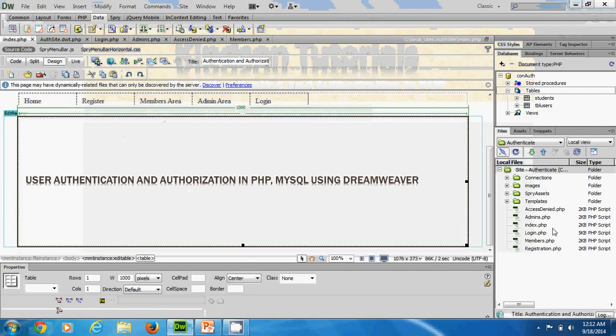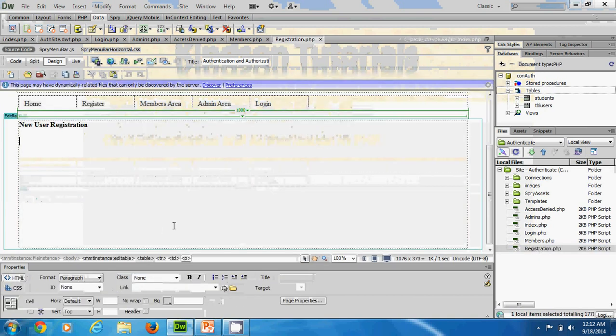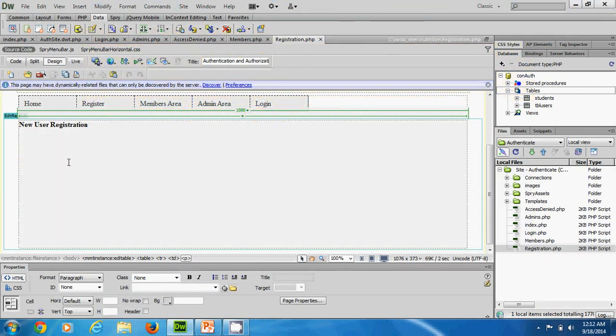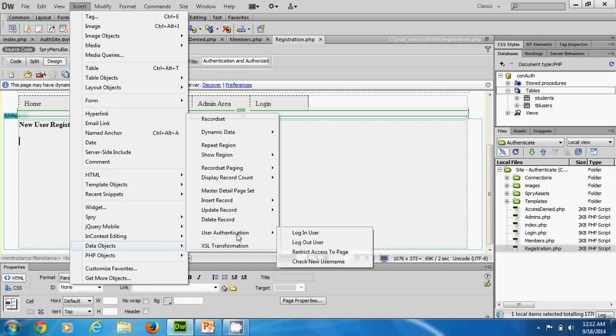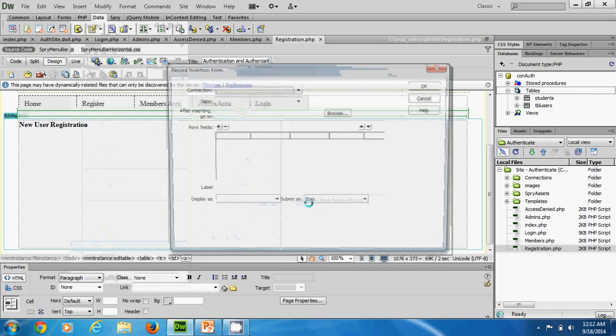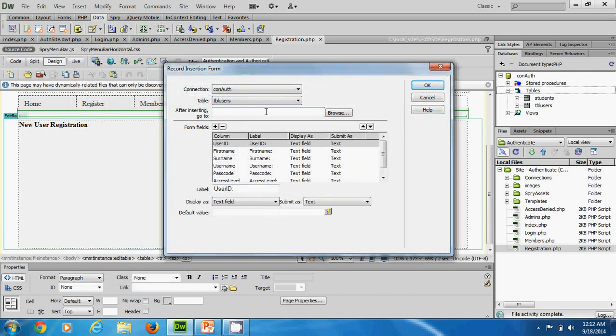So that brings us to the next step. We want to work on this registration page so that we will be able to add a new user, and in that way we will have users that will be able to log in. So to do that, we go to Insert, Data Object, and we have Insert Record. We use the form wizard. Connection, we use Auth, then tbl_users. After inserting,